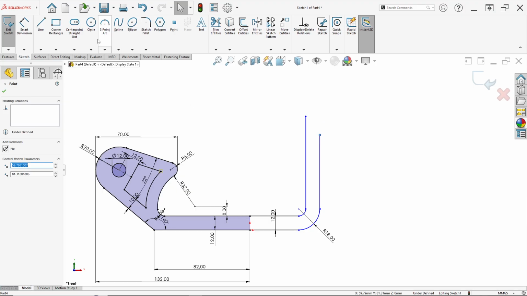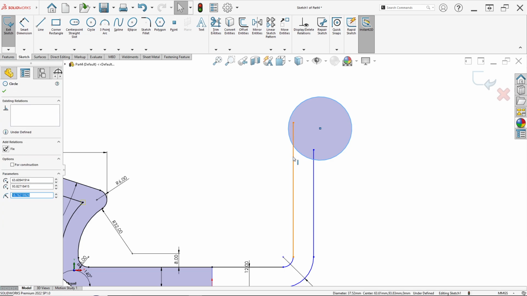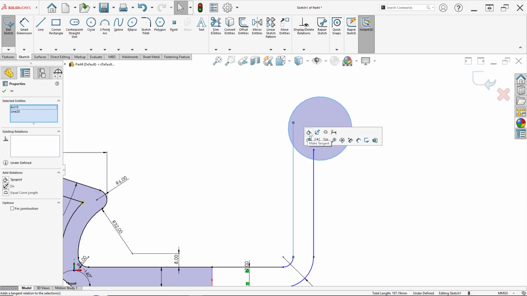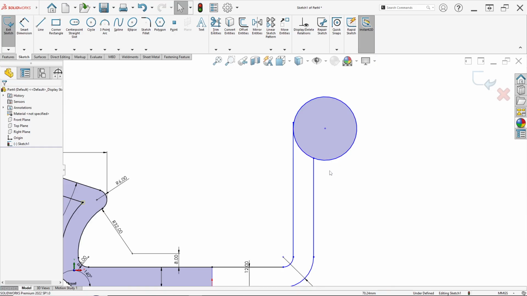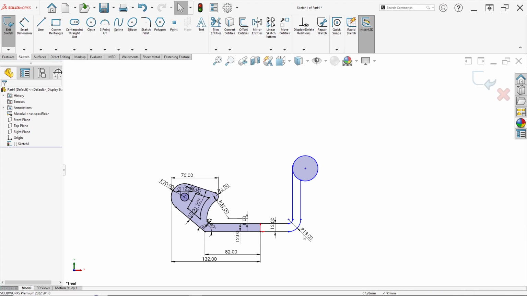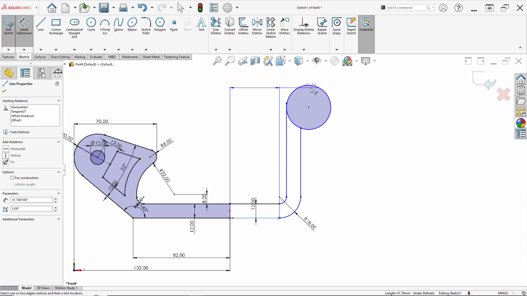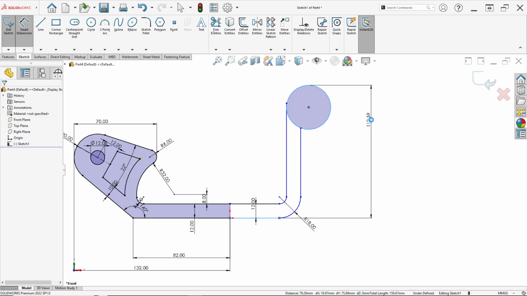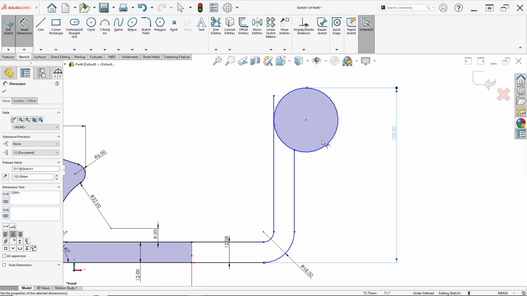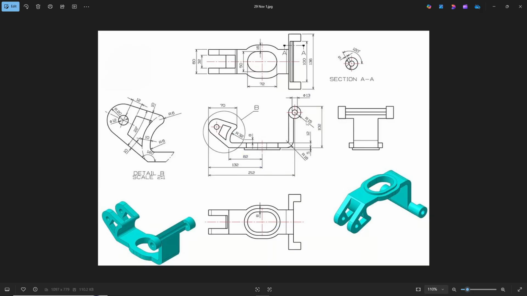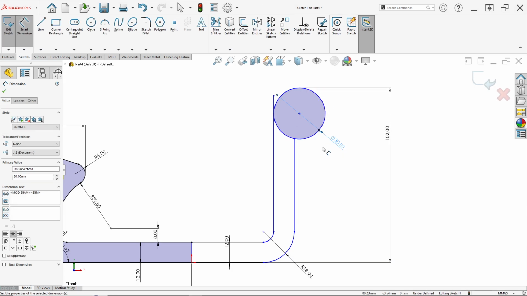Now here we can draw a circle. For this circle, press Control and click this line, select make tangent, and this to this, click make coincident, like this. Now we can set the distance. This line or bottom edge, press Shift on your keyboard, click the circle here. Let's say 102 millimeter. And here the radius is 15, so the diameter is 30, like this.